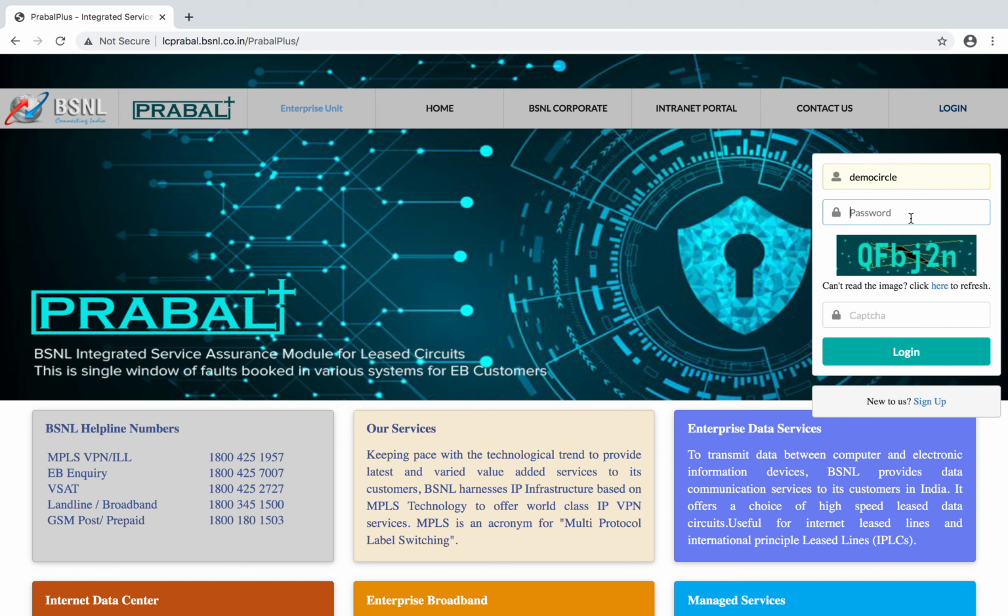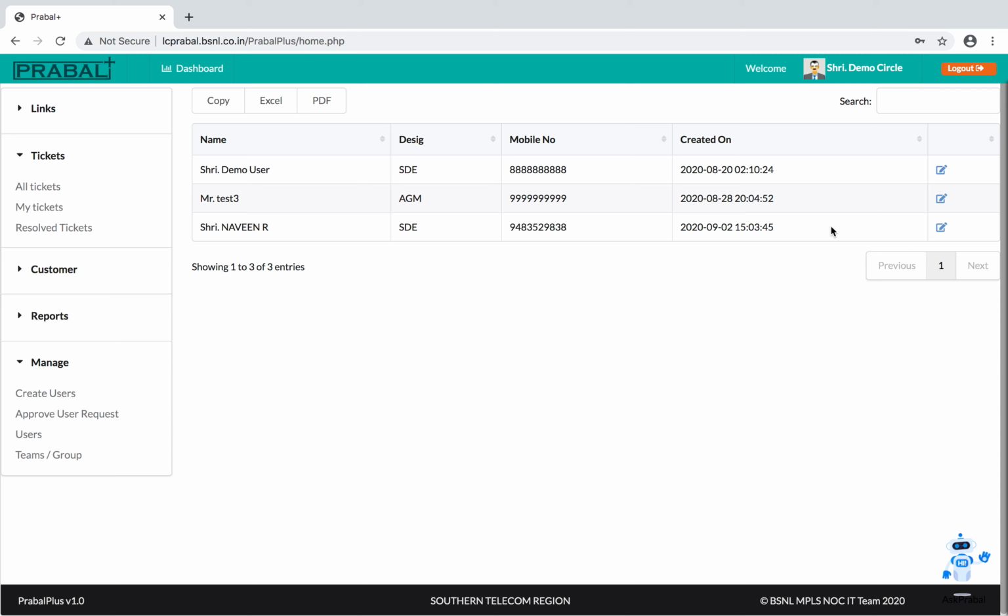When the administrator approves the request, the username and password will be sent to the user via SMS. Okay. So this is about the user creation and approving user requests.